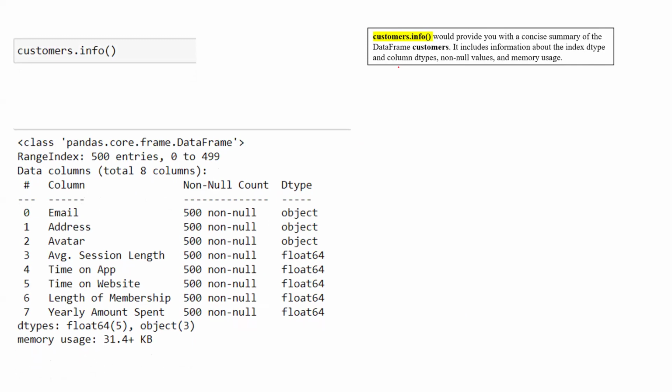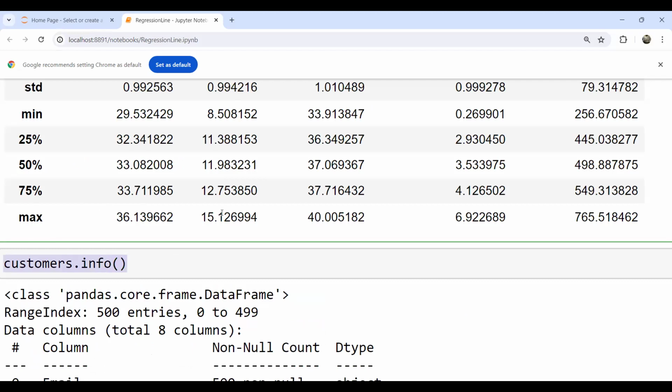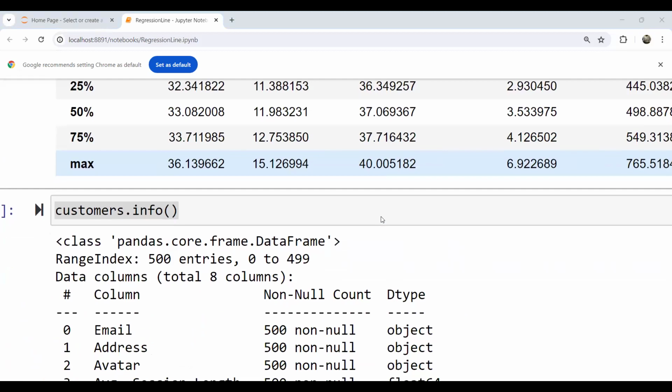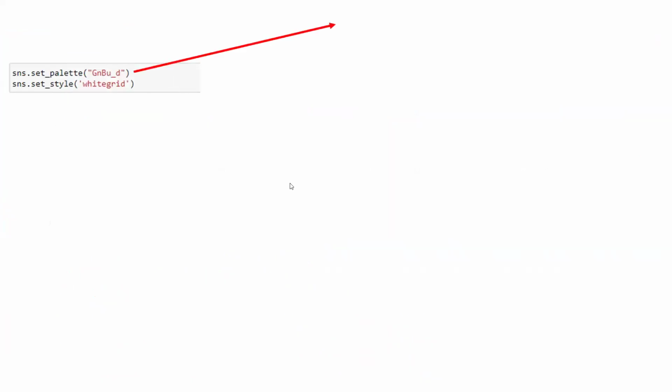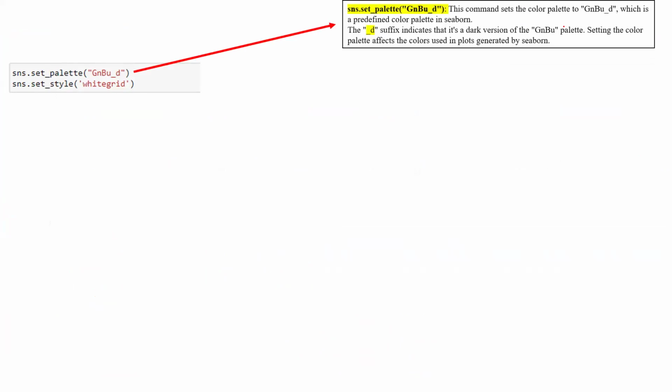It includes information about the index data type and column data type, non-null values, and memory usage as well. In the next step,